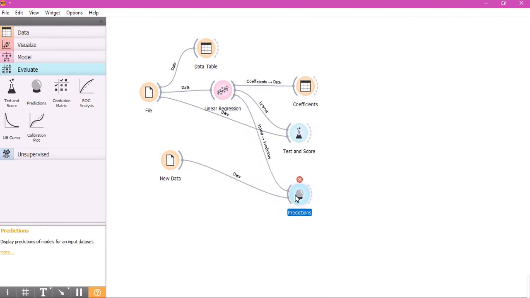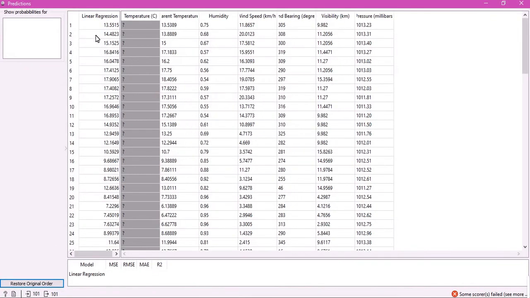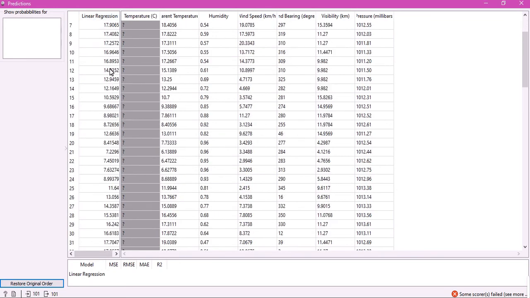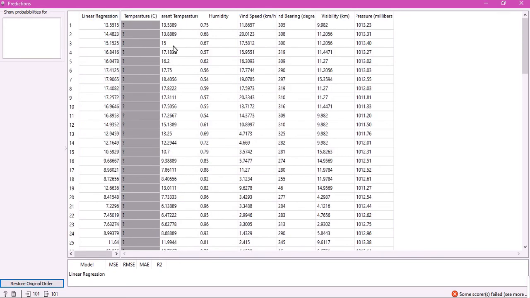Double click the Predictions and you can see the new value of temperature using linear regression. For information, you can use the formula from before and substitute all these values, and you can get the same value as with linear regression. You can check it manually using the formula that we have built before,